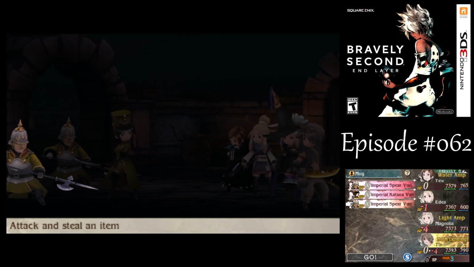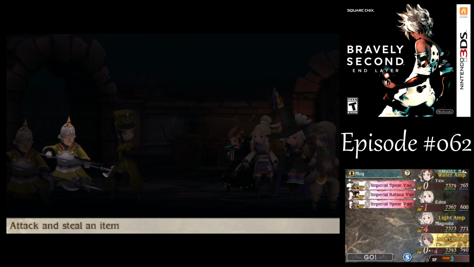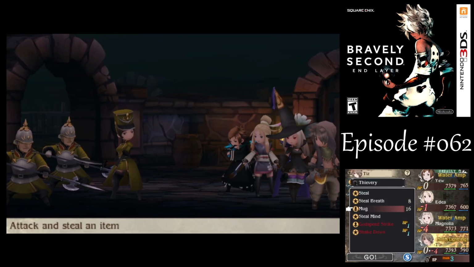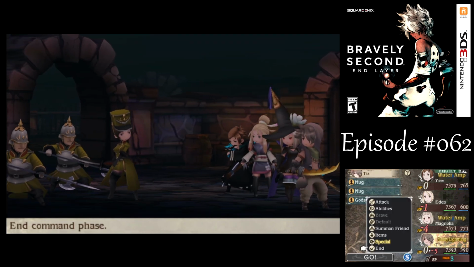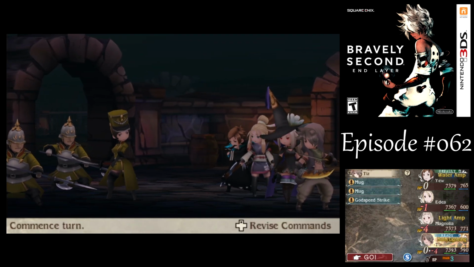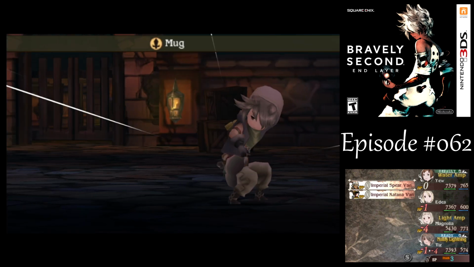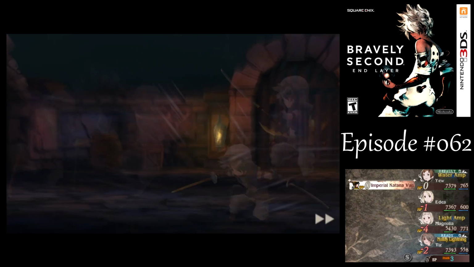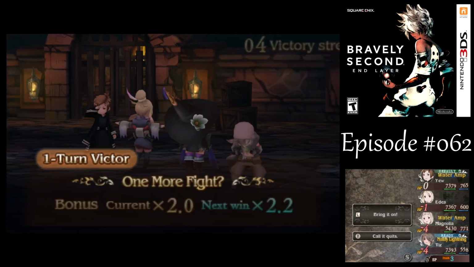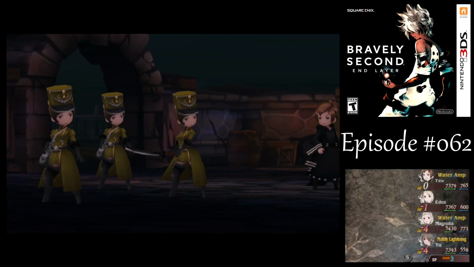Let's go... let's see, I should probably be able to one-shot them with Mug. And then a Godspeed Strike on the Katana. That ought to be good enough to get the job done. Uh-oh. Yeah, they got like a preemptive strike ability there or something. There we go. Venture badges. Well, at least I can be excited about how much they sell for, even though I can't really use more